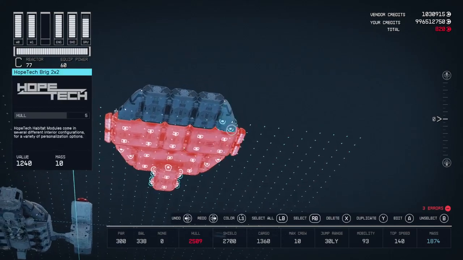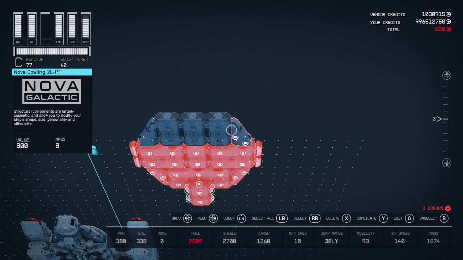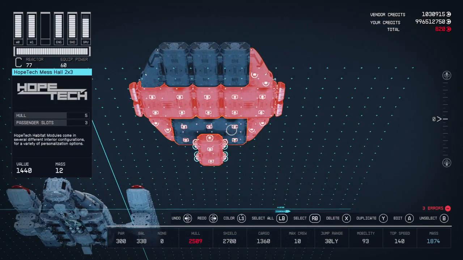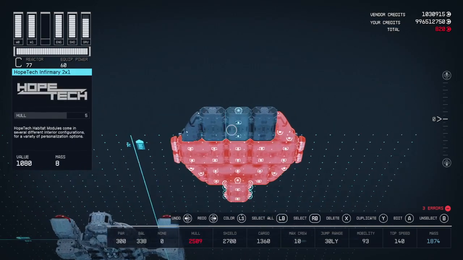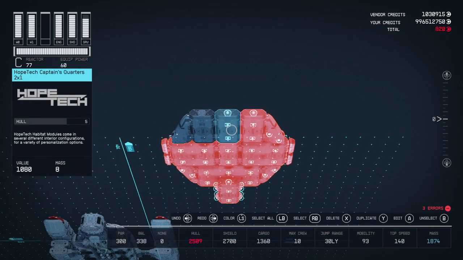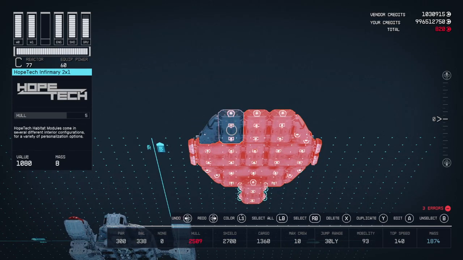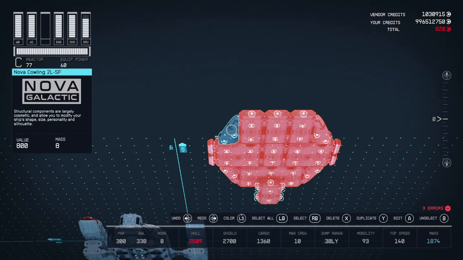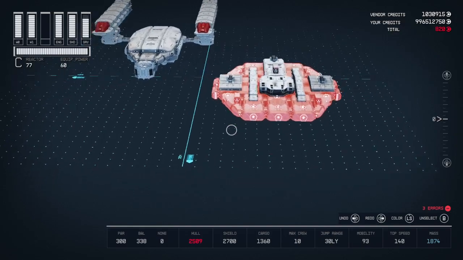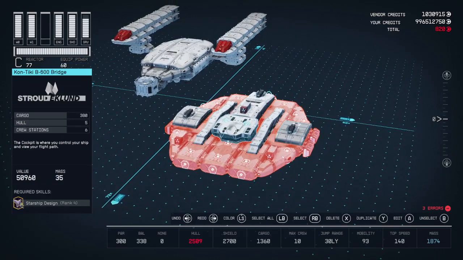Moving to the very front of the ship here, we have the Nova Cowling 2LPF. So it just kind of mirrors the back end here. Only difference is we don't have a mess hall up here. We have 3 individual pieces here. So we've got the HopeTech Living Quarters 2x1, HopeTech Captain's Quarters 2x1, and then HopeTech Infirmary 2x1, and then finally another Nova Cowling 2LSF. So that is pretty much all of the living sections, with the one exception of the